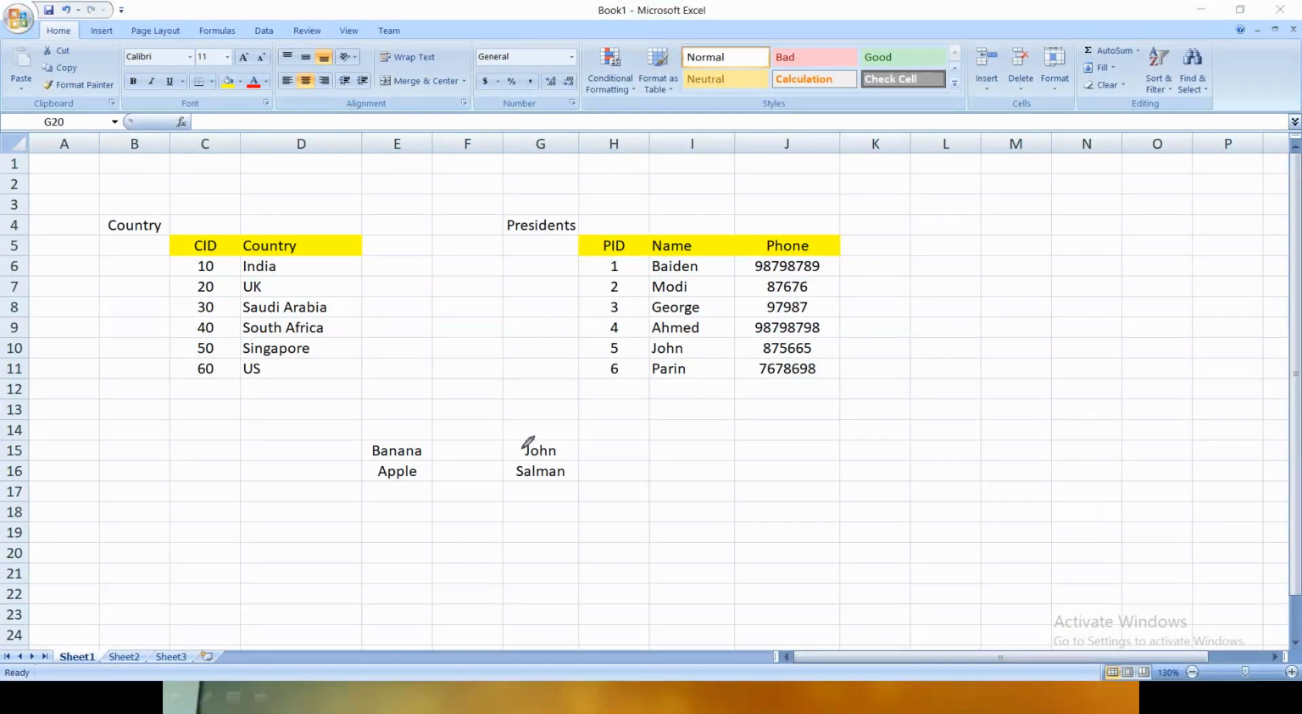So I should know whether John has taken apple and banana, or Salman has taken banana. Then only you can say John has taken apple, he has to pay 20 bucks, and Salman has taken banana, this fellow has to pay 10%. So many people think that if I have fruits,